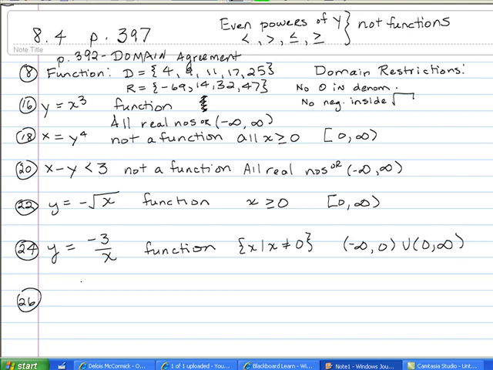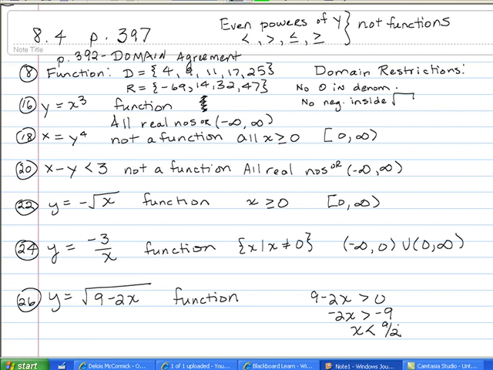Okay, that would be a function. Now we need 9 minus 2x to be greater than 0, so negative 2x is greater than negative 9. Dividing by negative 2 switches the inequality, so it's the set of all x such that x is less than 9/2. So we go from minus infinity to 9/2